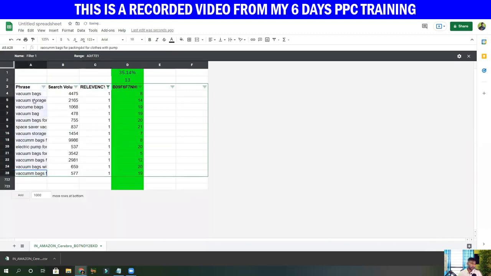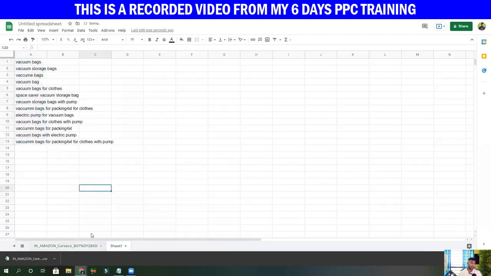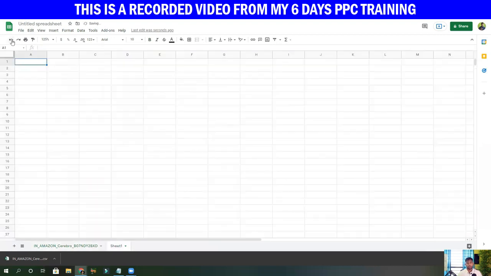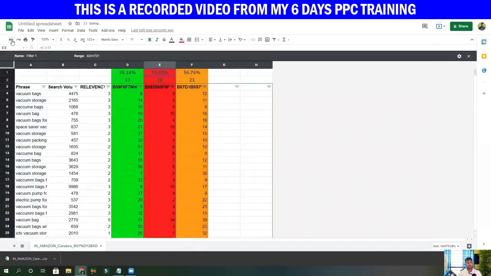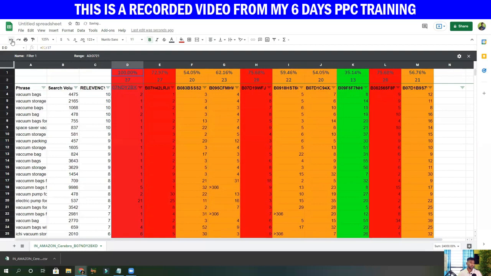So these are the keywords that I'm going to target first in the first stage of my campaign creation. So copy these search terms and paste them somewhere. Okay. Now again, let's take the second one. So now the second one will be this one, this one, this one, and this one.